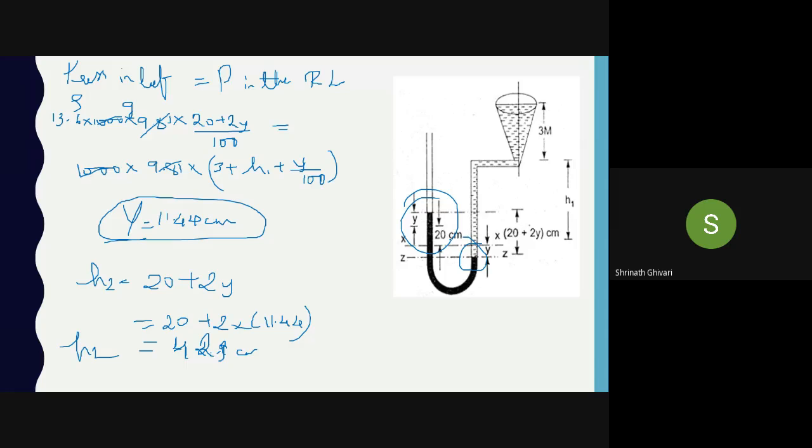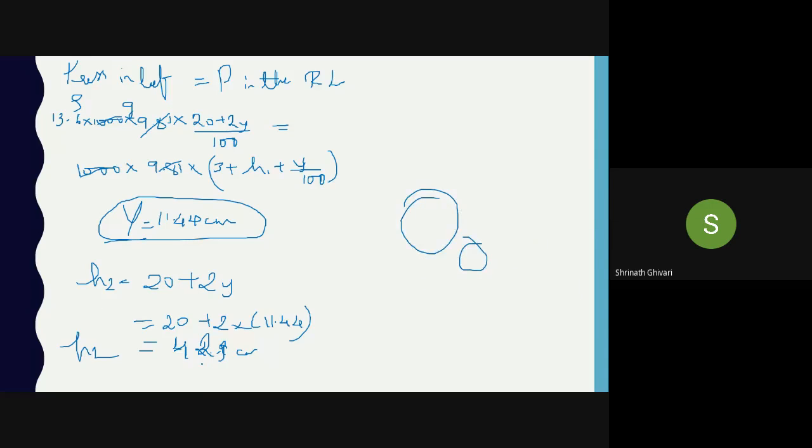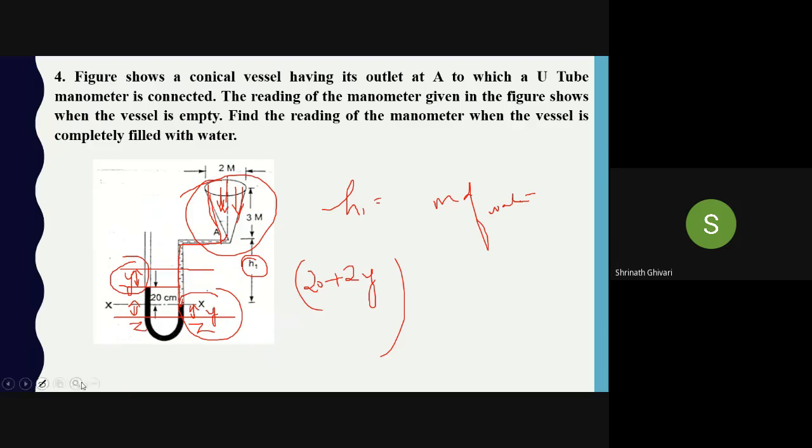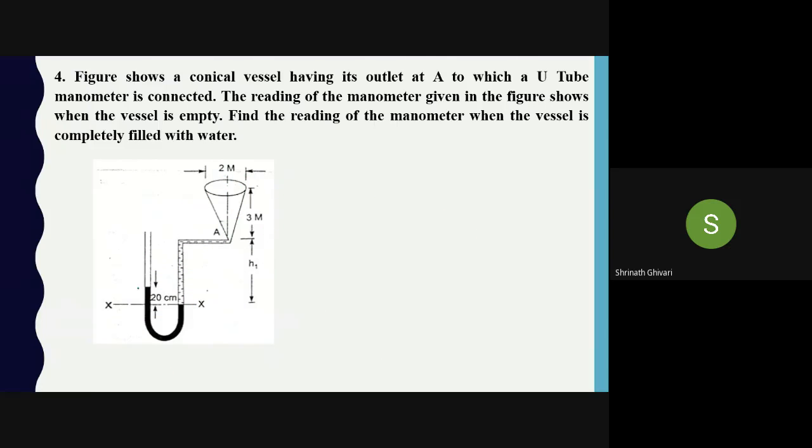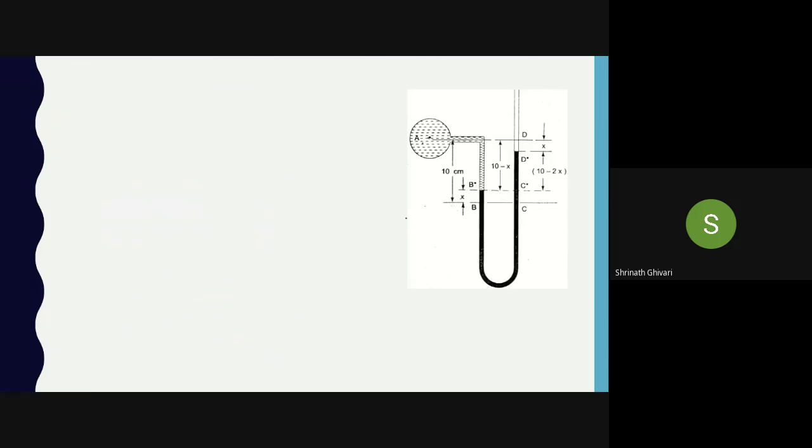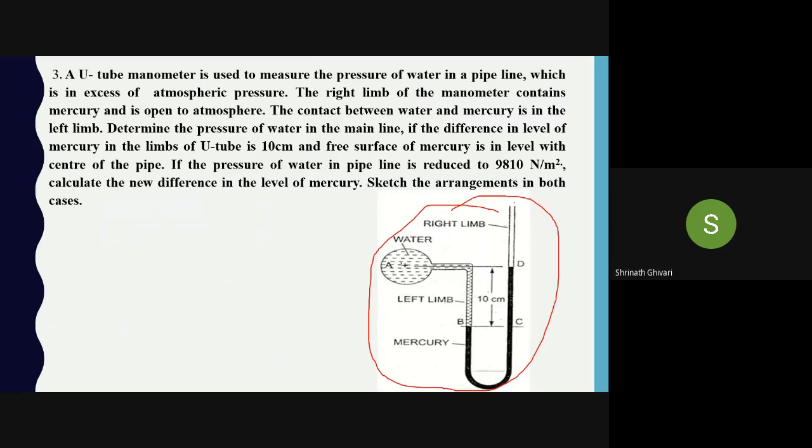How there is a rise and fall. What will happen when the pressure increases? What will happen when the pressure decreases? For example, listen. As I have told, if the pressure in the water increases, the level of mercury will be here. If the pressure decreases, the level of the mercury rises. And whenever the rise is there, the fall will be the same.